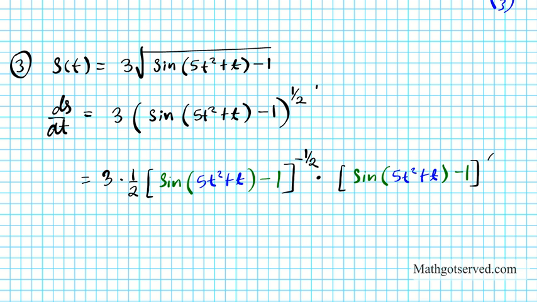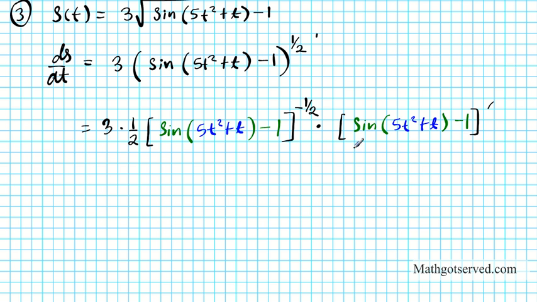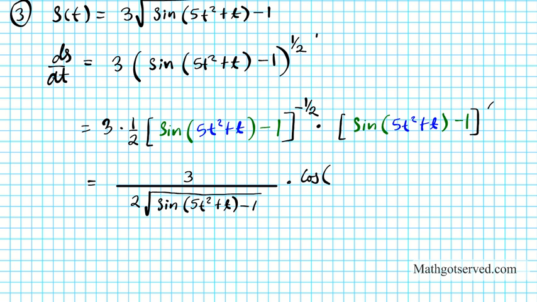Okay? Alright, so let's go ahead and simplify this, rewrite it in a nicer fashion, and then differentiate that. So this whole piece right here is going to become 3 divided by 2. Now when this negative 1/2 goes to the bottom, it's going to become positive, right? And become the square root, the square root of sine 5t squared plus t minus 1, times, now let's differentiate this. We do the outermost one, so if I differentiate sine, I get cosine. Cosine of 5t squared plus t